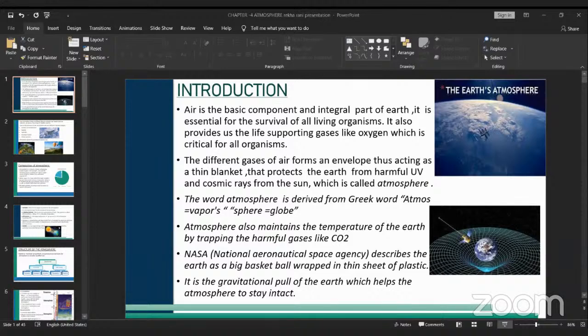The sea heats and cools slowly. We already discussed this: the sea heats and cools slowly because of its higher specific heat, and land heats and cools rapidly because of its lower specific heat. Because of this, there is a difference in the heating and cooling of the earth and the ocean.